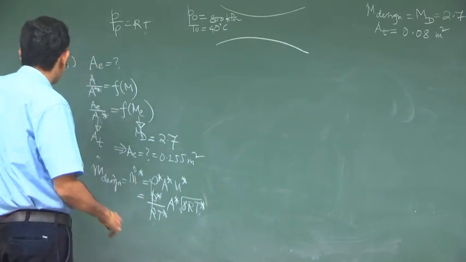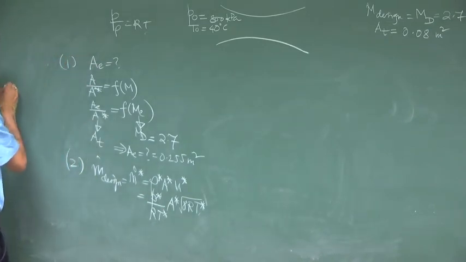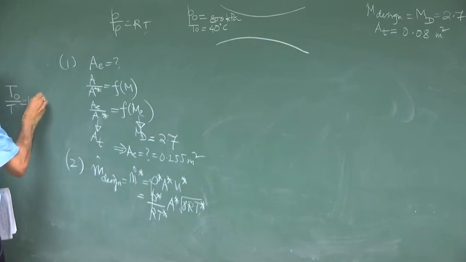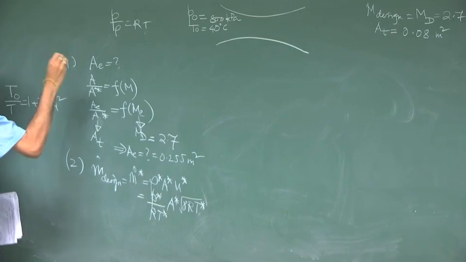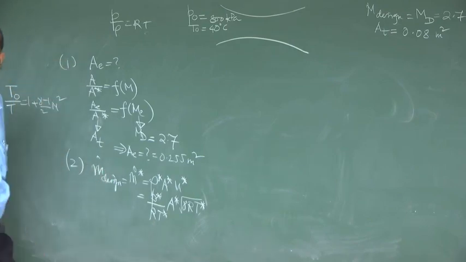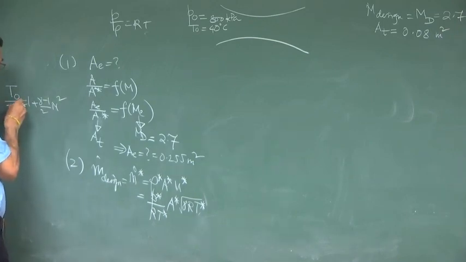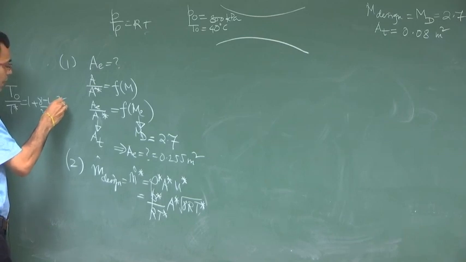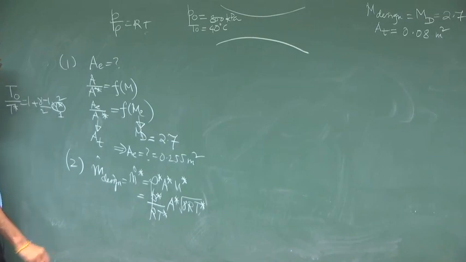How do you get T star? You know the formula for T0 by T. So, T0 by T is 1 plus gamma minus 1 by 2 m square, right. So, T0 by T star is 1 plus gamma minus 1 by 2 into m star square, m star is 1. T0 is given, so from here you will get what is T star,